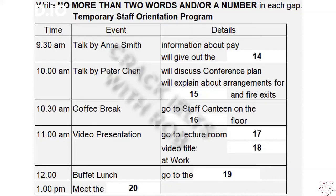This introduction finishes at 9:30, and then you'll be hearing from Anne Smith. Anne works in the accounts department on level 2, and she looks after all temporary staff, and so she is the person to see if you have any problems regarding pay. Anne will be explaining when and how you get this. She will also be handing out your tax forms. And I will just stress that all tax forms must be completed and returned to Anne before your pay can